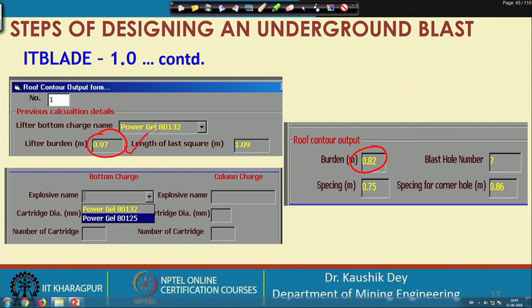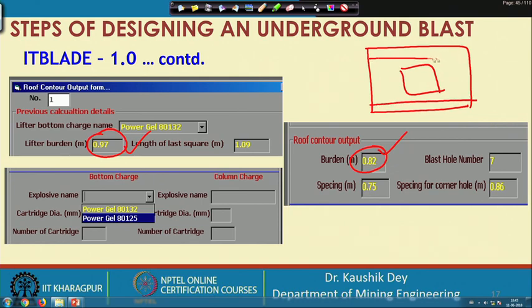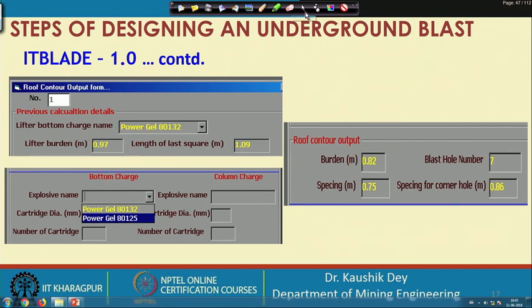So, the burdens for lifter hole and roof hole are not dependent; they can be fixed independently. At this position, our cut area is now fixed, our lifter area is now fixed, our roof area is now fixed. So, these are the fixed conditions.